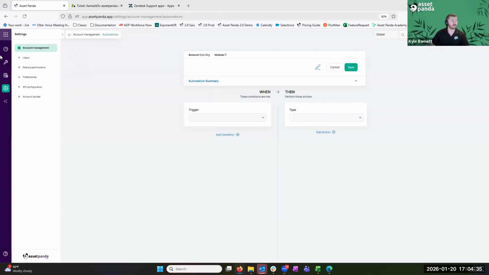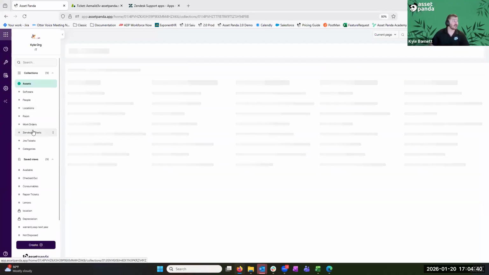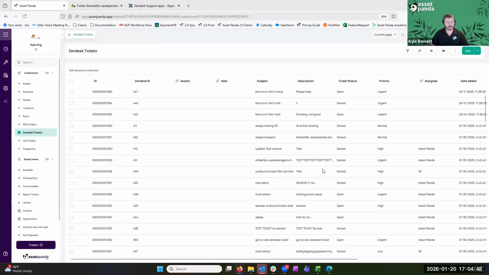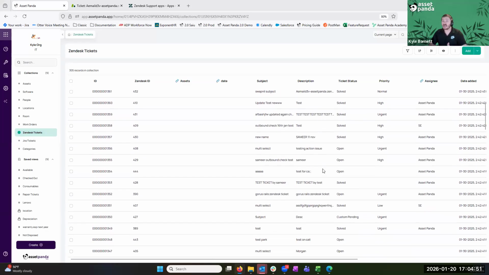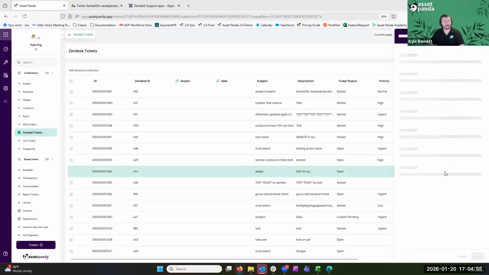Once you sync those tickets over and you continue to sync them over, then jumping back into that collection, I can view my tickets. From here, I can make connections, make changes to them, and happily see what's going on with everything. Now, let's say I do make a change to a ticket. I come in here and I mark this one as complete.